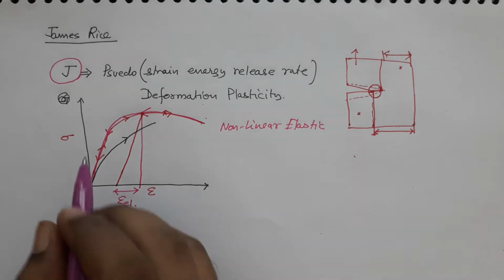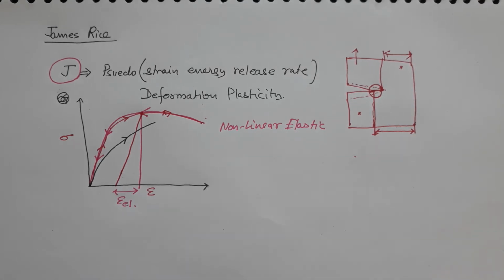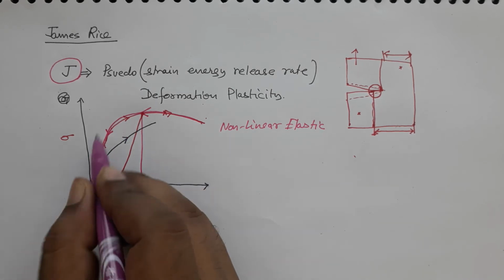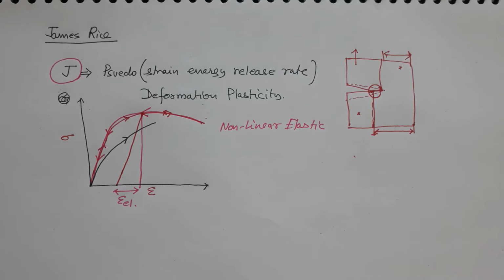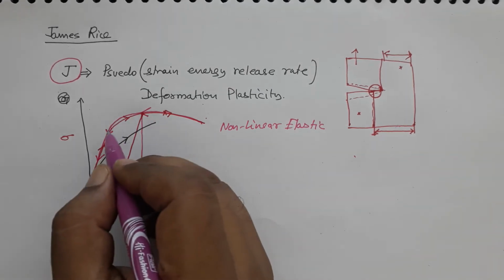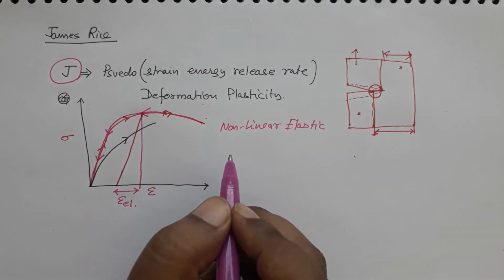And this is where there is a problem in J integral, and we will discuss that part also in a little detail. But at this point of time, it should be very clear to you that this assumption was made by Rice. Now we come to the question of why this assumption was made. Why can Rice, or anyone who works on J integral, not entertain a plastic deformation? So why can we not assume this deformation as it is in reality and still work with J integral? The problem is this,